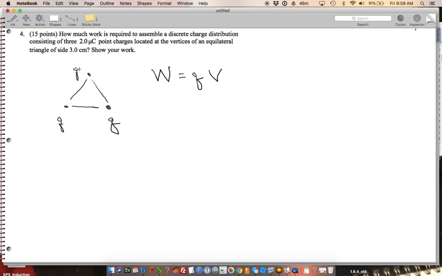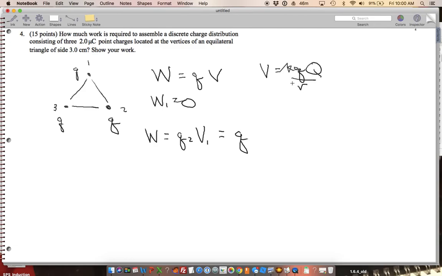So let's call these 1, 2, and 3. So work for 1 equals 0. What about work for 2? Let's assume 3 isn't there yet. We'll just assume there's just 1 there, and it's held in place. And now I need to bring 2 from infinity to this spot here and then hold that in place. Well, what kind of work do I need to do? So work is equal to Q2 times V1, which is equal to Q because they're the same. And then remember V is equal to KQ